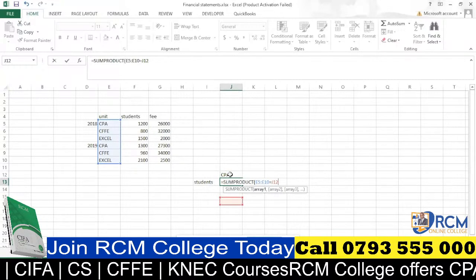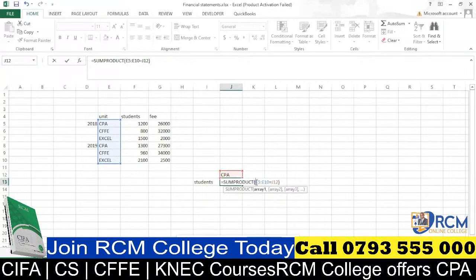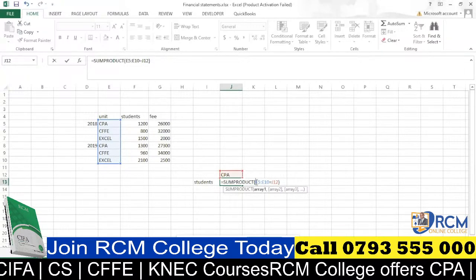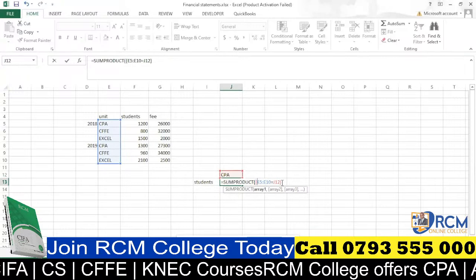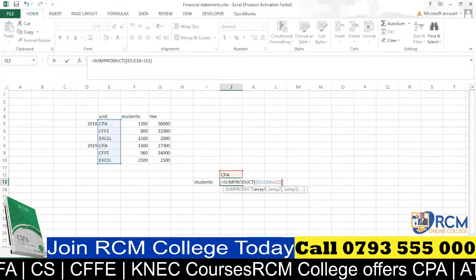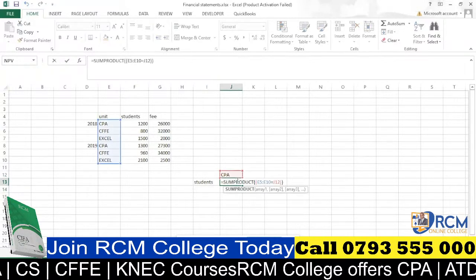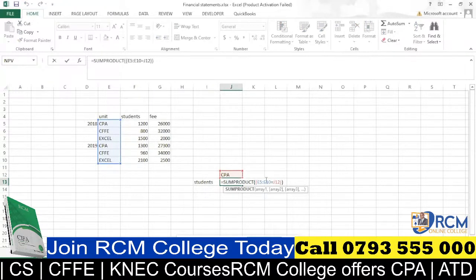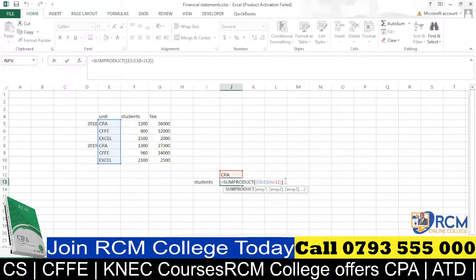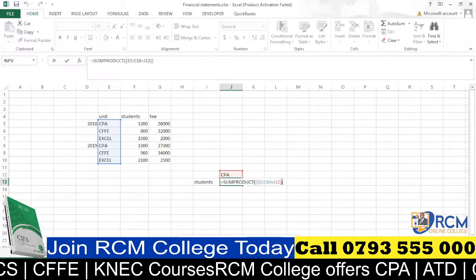Then you close your bracket, but then there's a small bracket that you place there. We want the total number of students who sat for CPA